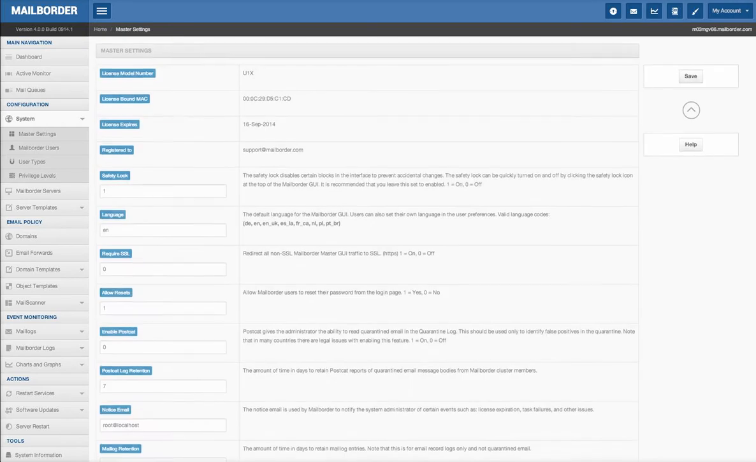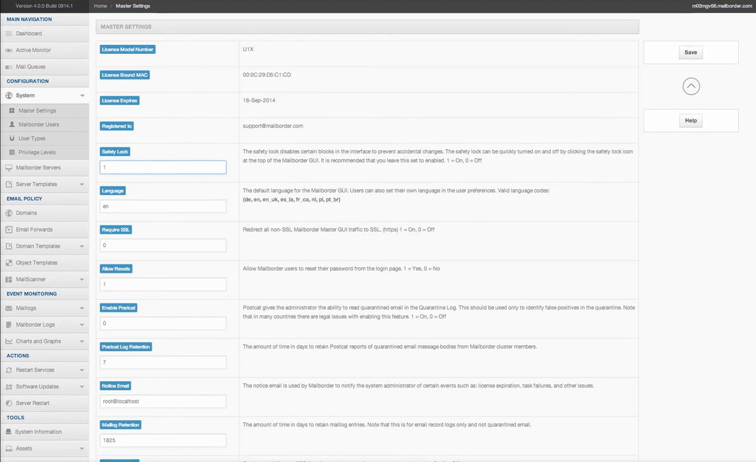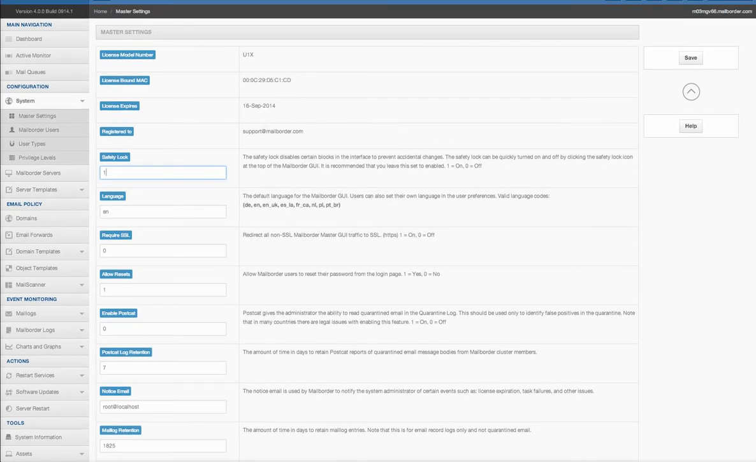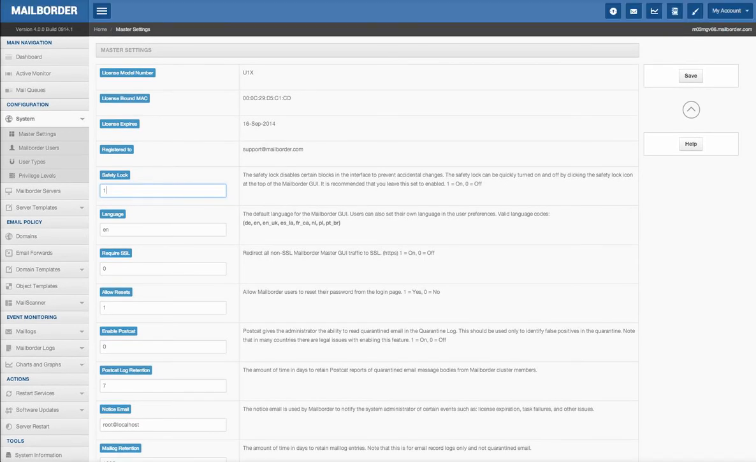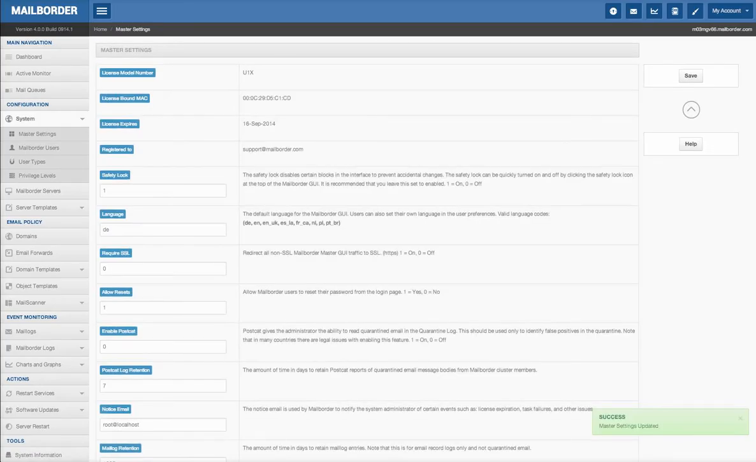Master settings. Basic license information at the top. The safety lock I covered. By default, you can have it on or off, 1 or 0. Language. This is for the system language, not for your personal preference. Your personal preference is under My Account Preferences. If you change the language here to say German, for example, and save, my interface is still in English because that's what I have in my personal preference. However, if I log out,